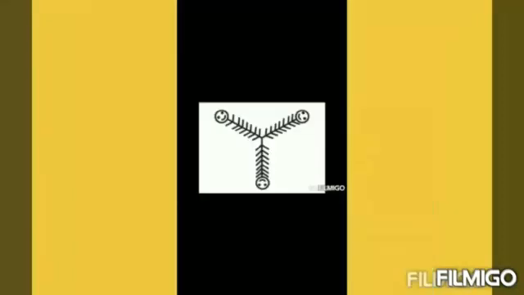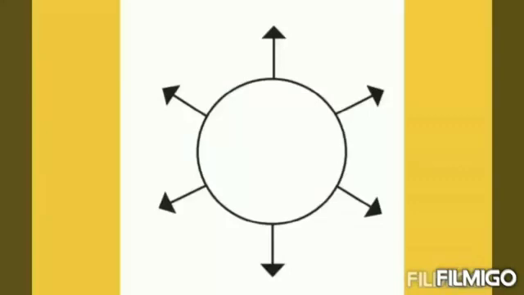It's a square. It has 4 sides. It is an example of 1 by 4 turn. Next, it is a 6-side shape. It is an example of 1 by 2 turn. It looks like fan wings. It is an example of 1 by 3 turn. Next example, it looks like a sun. It is an example of 1 by 6 turn.